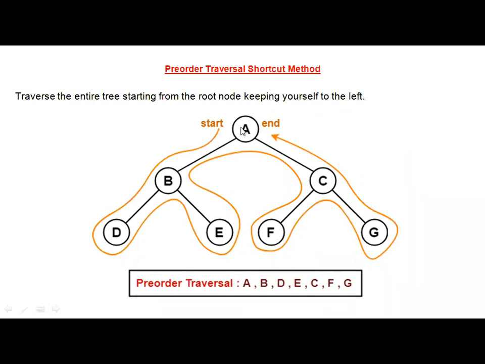So start from root, visited, no? You encountered A, immediately write onto the output. Then you should keep yourself as a left one. Okay, so come to B visited, immediately write onto the output. Then D visited. Okay, so then B already over. Then E visited, E onto the output. Then again come here. A already visited. Now C visited, you write C here. Then F visited, write F. And then G visited, G again. C already over. Come to start point again, over. So if you traverse this tree touching all the leaf nodes once, whenever you encounter a node, immediately write. That is the pre-order traversal.